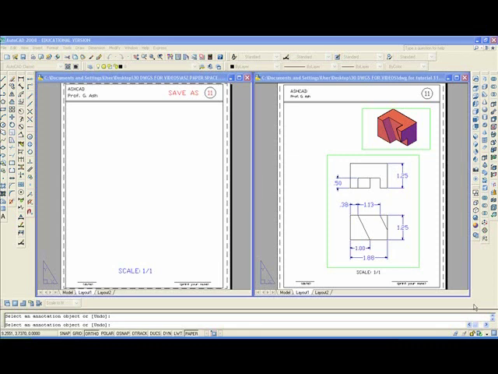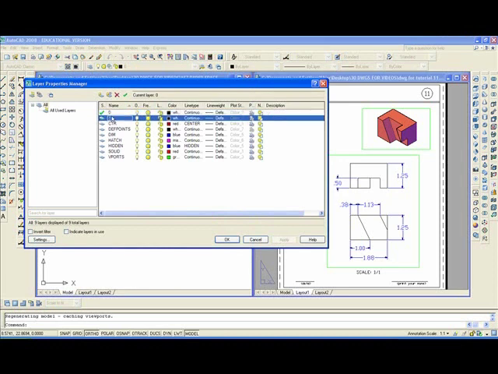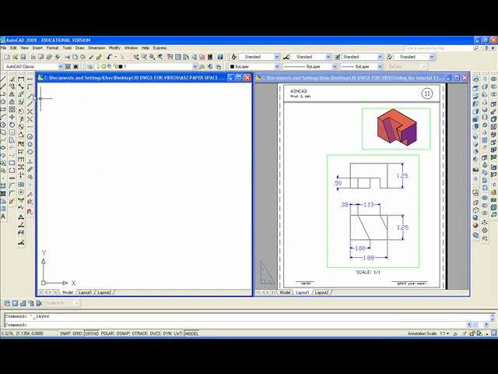This will be exercise number 11. Right now we're in Paperspace, so I'll click on the model button, get into model space, go to layer and make layer 1 current. And now we can start to draw a line. Anywhere on the screen is okay. I'll start here in that direction,